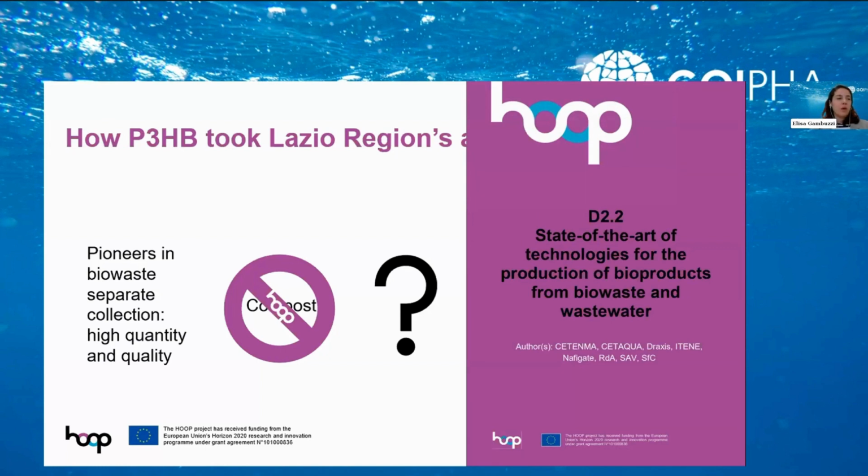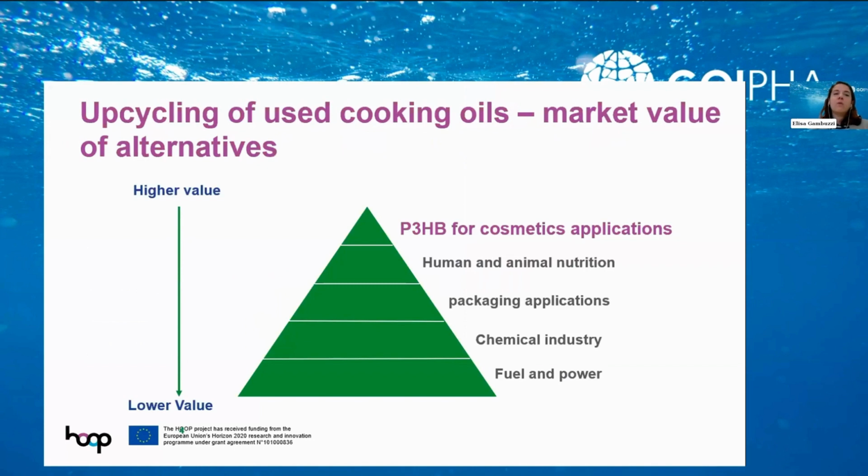So what happens next? The next step was to involve the value chain stakeholders. The value chain didn't exist before the HOOP intervention in this territory. So our local partner did an excellent job to start a conversation both with the cosmetic sector and the waste oil management companies, including the National Consortium for Used Cooking Oil Management. We started a long process, and what really took their attention was the market value of P3HB compared to the market value of other products that you can get from the recycling of used cooking oil, especially biodiesel